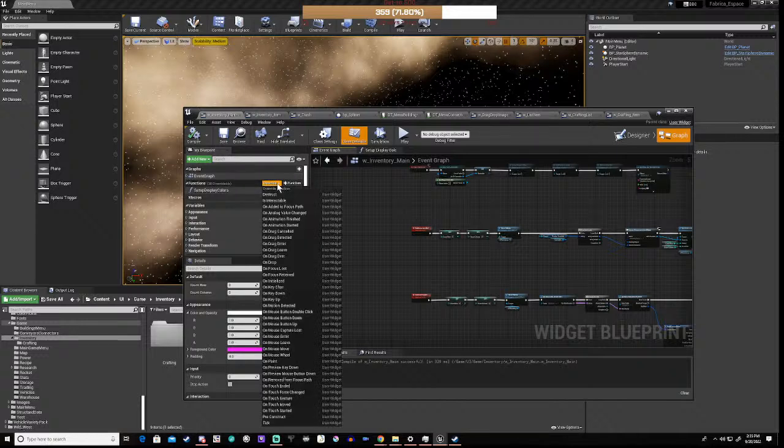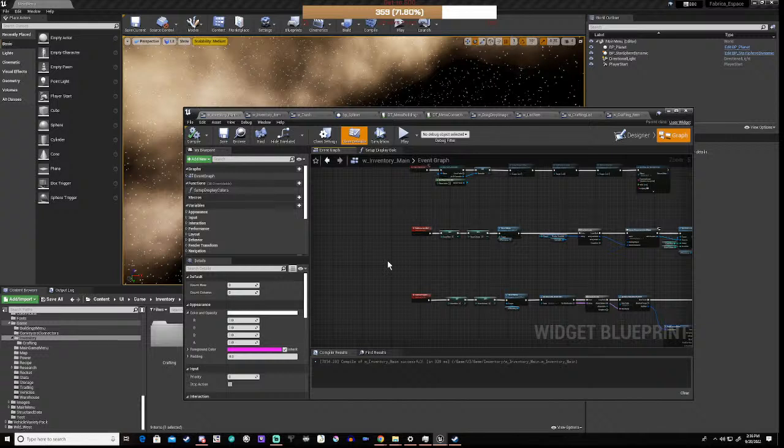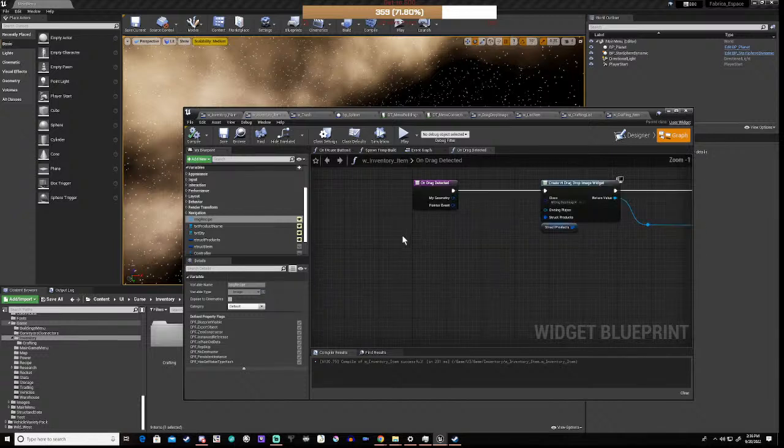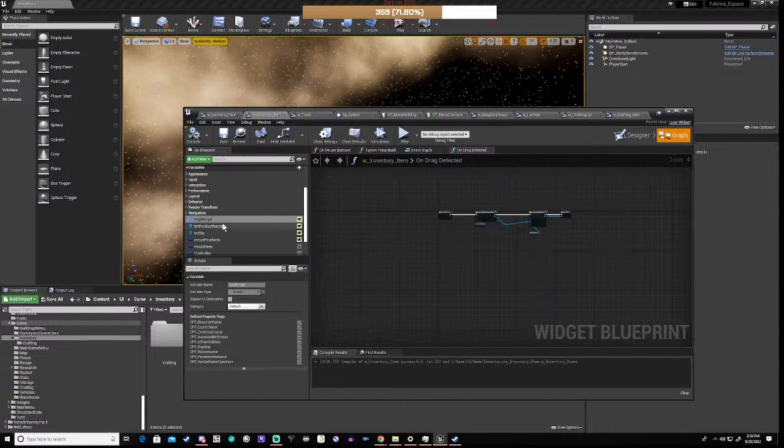And if we look at our on mouse down, it is actually on our inventory item, right? We have our overrides,